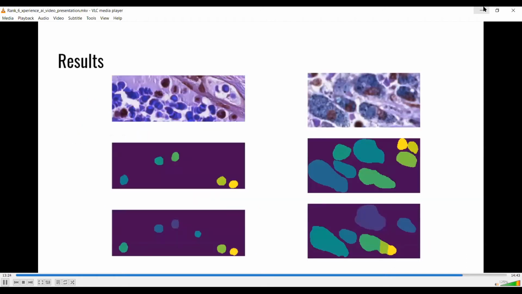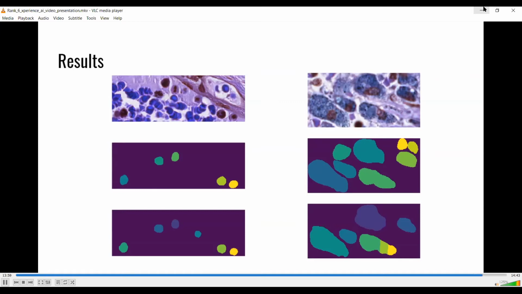On the slide, you can see a visualization of our final predictions on the validation dataset. The first row is images, the second is ground truth masks, and the third is predictions. In the left column, there is an example of almost excellent prediction, and in the second one is a failure case. As you can see in the left images, the model successfully found all instances, but gave one false positive prediction. Actually, I'd say that in the image there is something similar to a cell in the area of the false positive prediction, so the model found it.